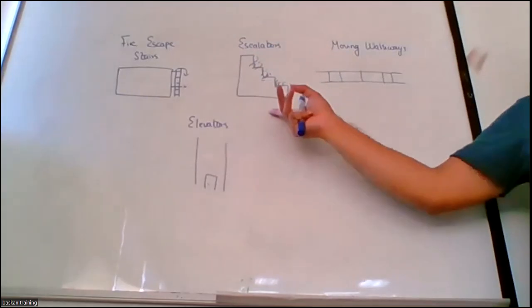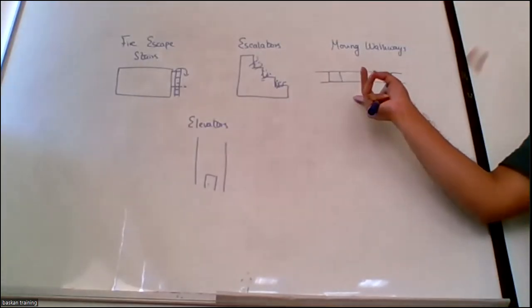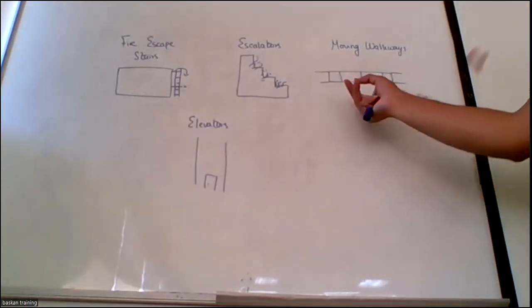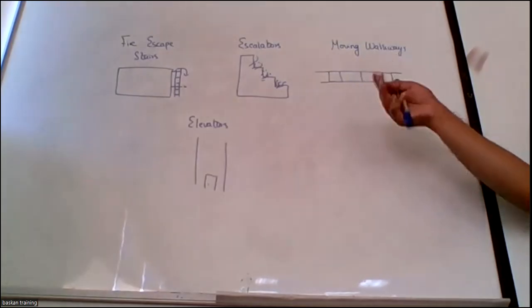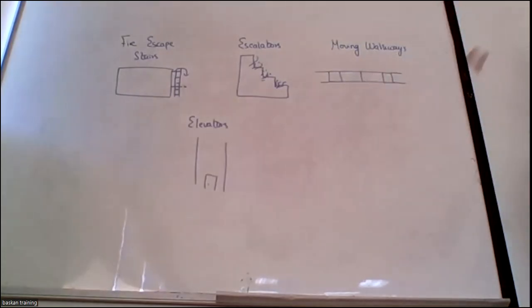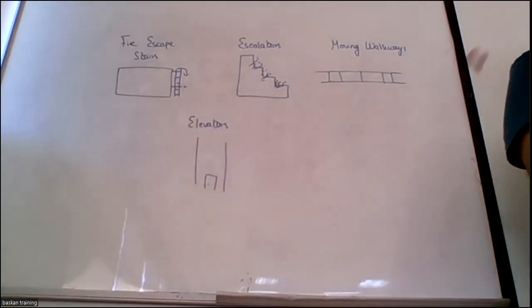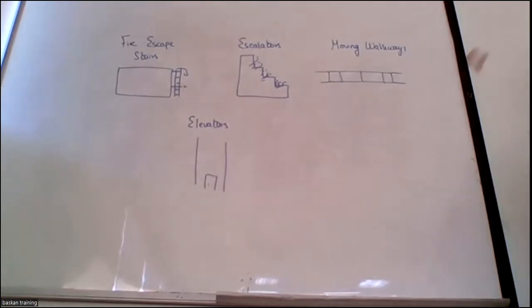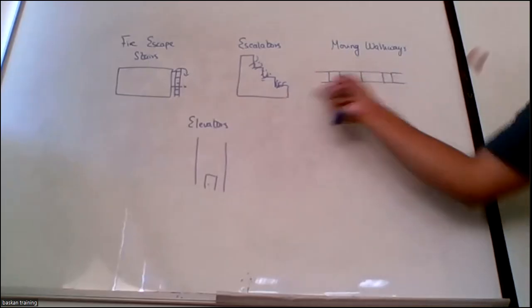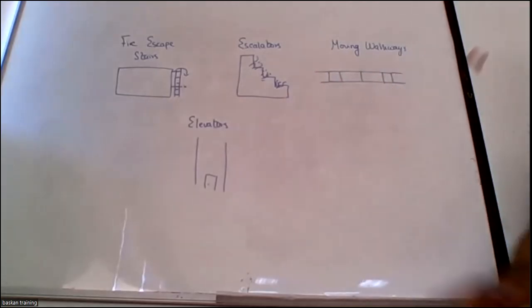Don't depend on them. Similarly, moving walkways are also the same. Vertical protection is not there. The mechanism, the flame may propagate. Okay. In normal building staircases, they have very good fire resistivity. It provides a safe pathway. Yes, the belt inside, any type of mechanism that is opening. Okay. And another parameter also, the escalator materials, if they heat up, you cannot step on them. Right. So in that case, they are not considered as means of egress.